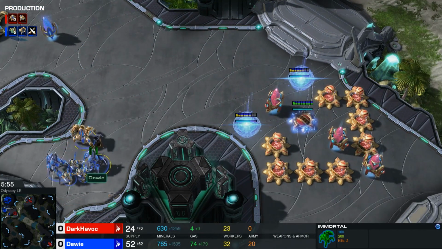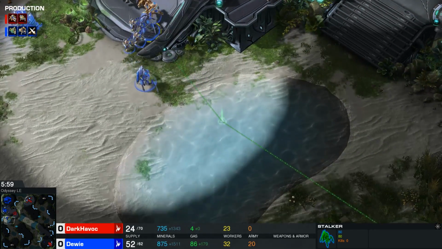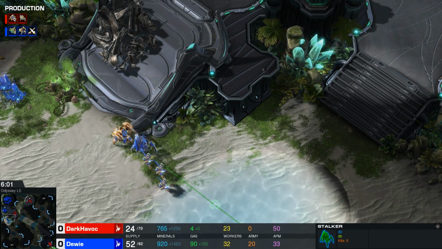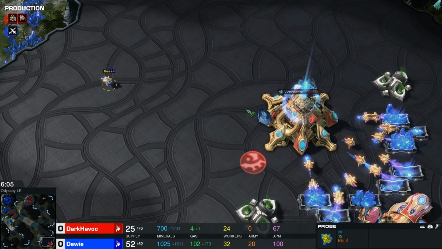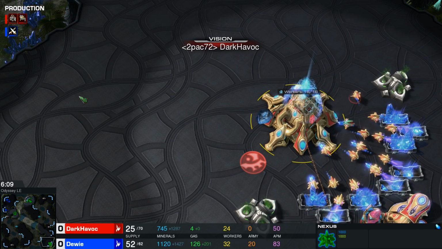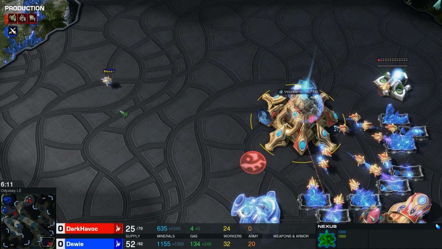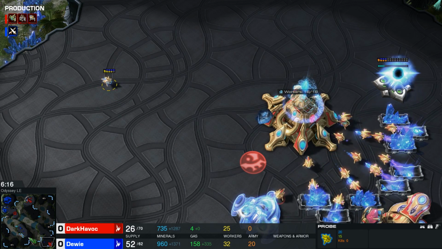But I can't help but wonder what will happen if Dewey just simply moves across the map with all of these units. Yeah, exactly. Good thinking right there, Dewey. We're on the same line of thought right here. Now, apparently Dewey does still have that probe here on the other side of the map as well. I don't think this one is in vision radius just yet here, so at this point, he could just simply make a pylon over here and warp in some reinforcements as well,